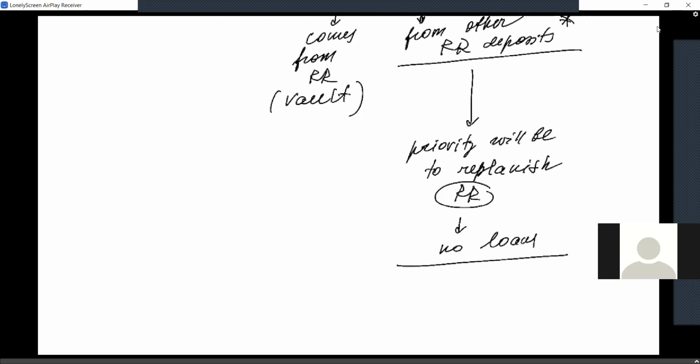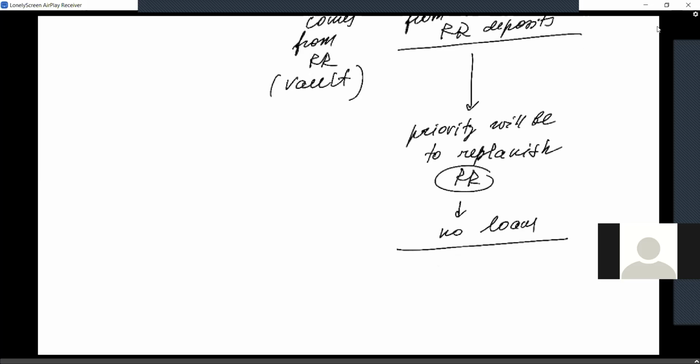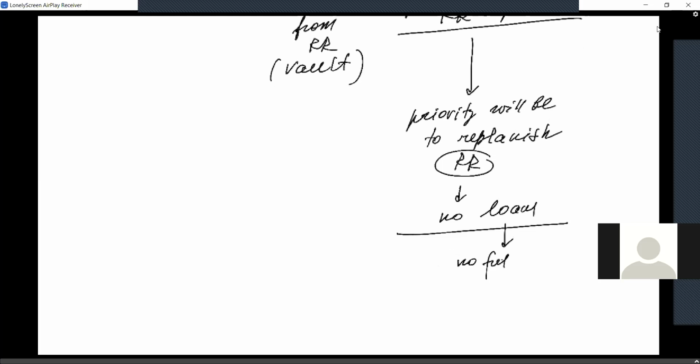Okay. No loans. If I don't get that loan, I'm not going to make a deposit. The deposit will not be split into the required and excess reserves. Excess reserves will not be lent out, will not be creating new deposits that will not be split between excess and required reserves. No loans means no future deposits. No future deposits means no future loans. No future loans means no future deposits, and so on, and so on, and so on.